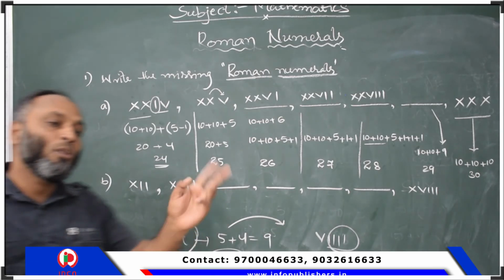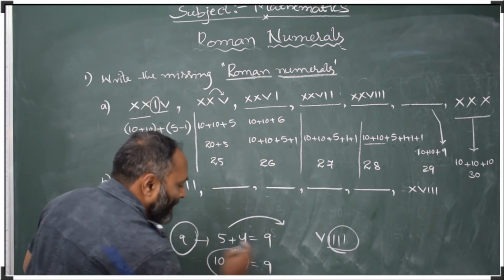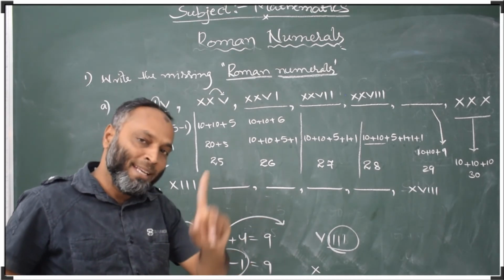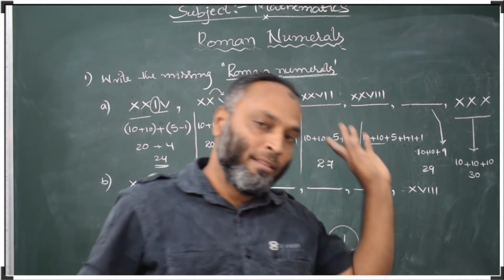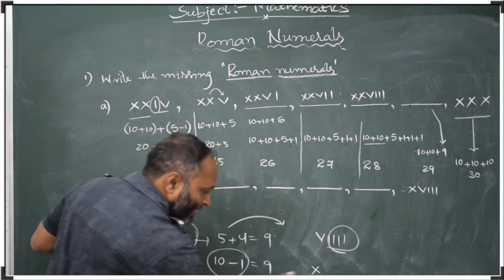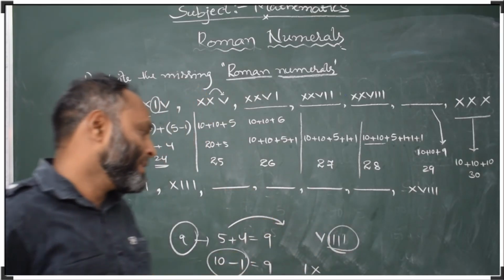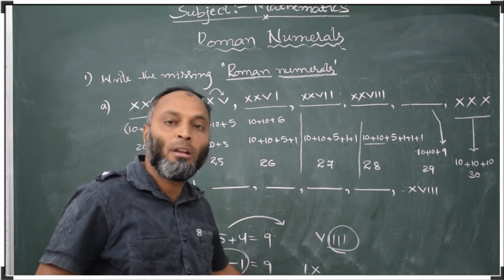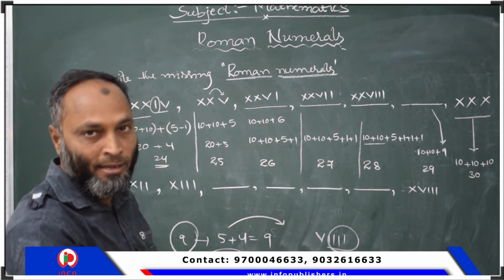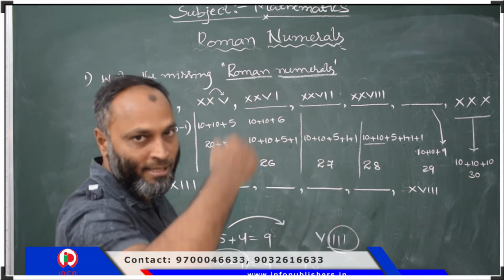When minus is there, according to the third rule, whenever minus comes, how to take? First we have to take the bigger number, then minus 1 is there. When minus is there, we have to take the number on the left side. Minus means smaller, and smaller will come on the left side. If minus is there, the small Roman numeral should always be on the left side. If plus is there, right side. Minus is there, left side. Plus is there, right side. Minus is there, left side.